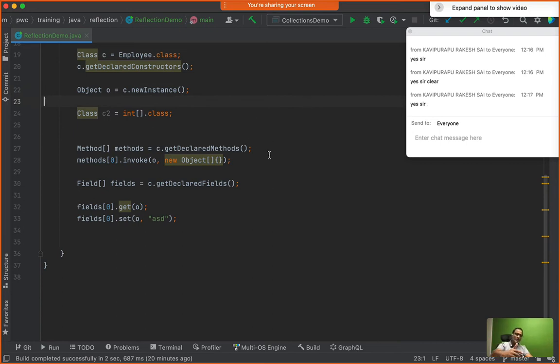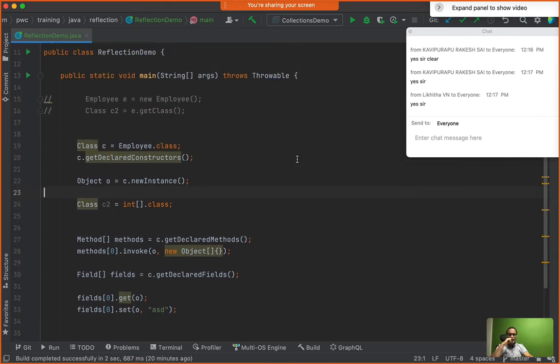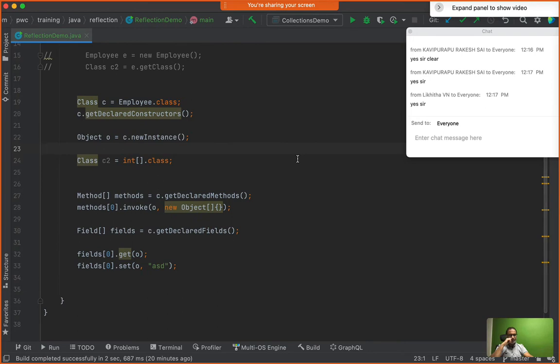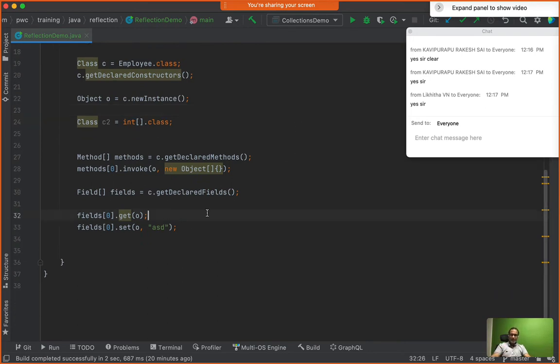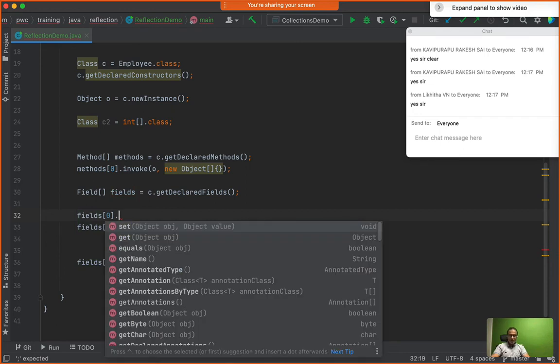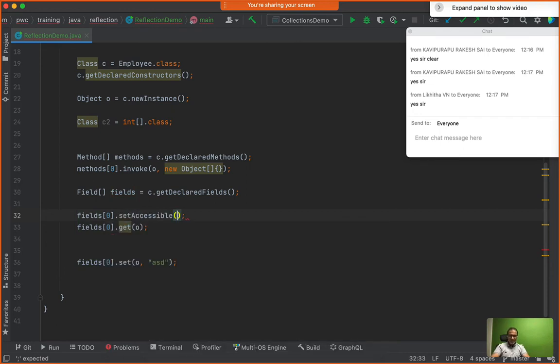But okay, in the interest of making sure that everyone is on the same page, friends, what Rakesh asked is whether you can assign values to private variables using reflection. Yes, you can do that. How? When you get the field and try to get the value of it, if it is private, I will get an exception. But if I say fields 0 dot set accessible to true,